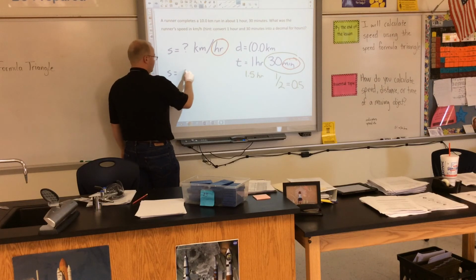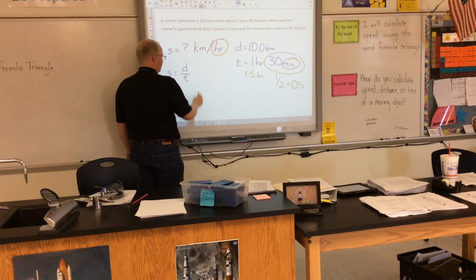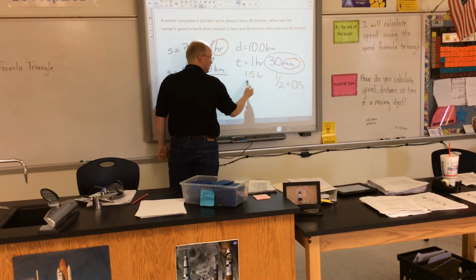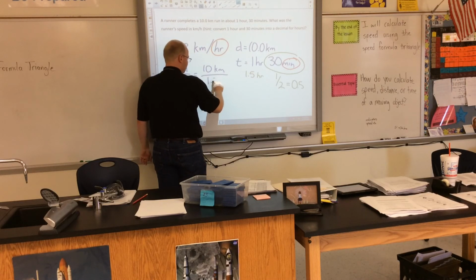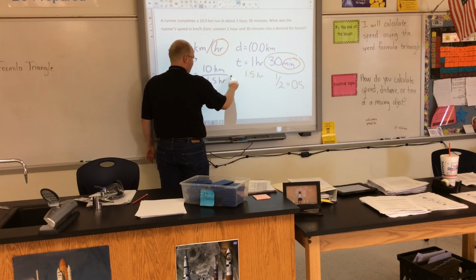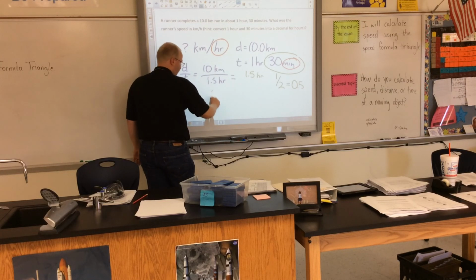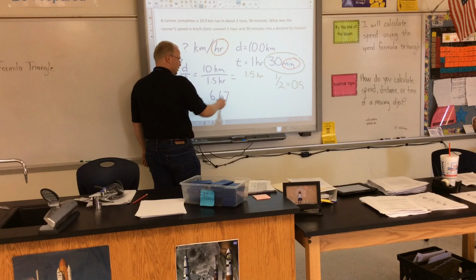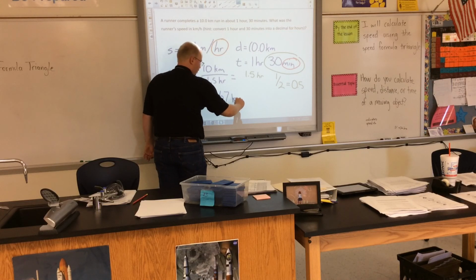So speed equals distance divided by time. Distance is still 10, but my time, instead of 1 hour and 30 minutes, is 1.5 hours. When you do the math, 10 divided by 1.5 is 6.67, rounded to 2 decimal places because it's 6 repeating, kilometers